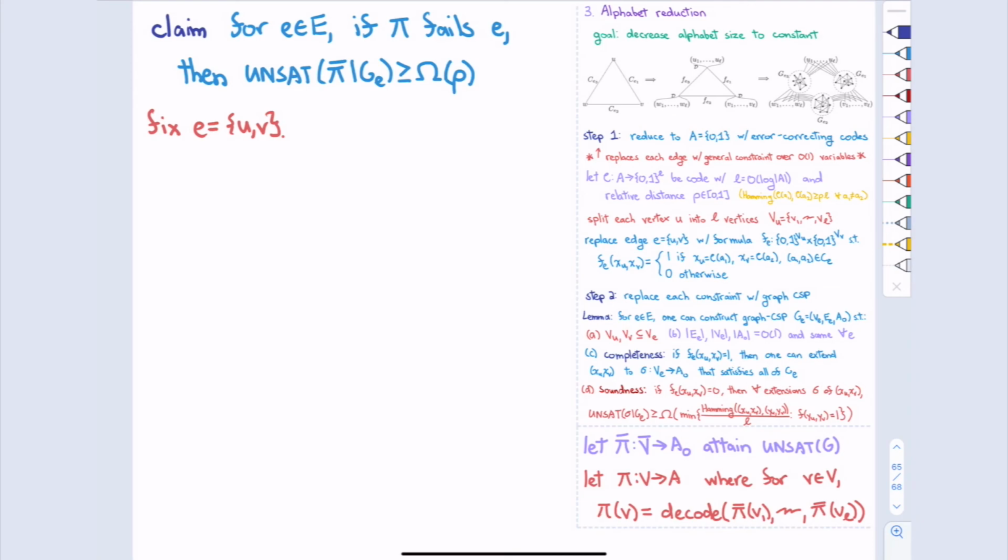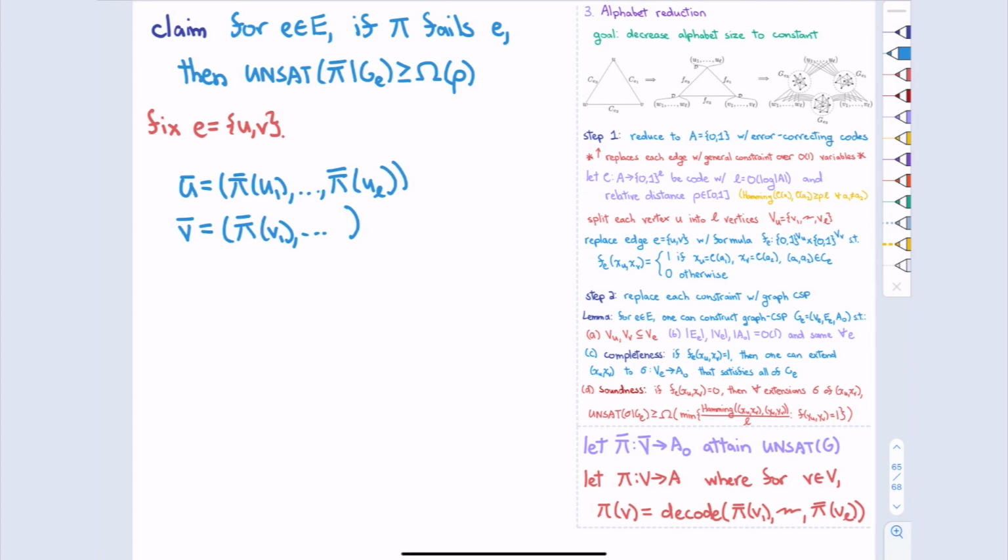Okay, so let's fix an edge E. I'm going to let U bar denote this whole bit string, and similarly for V bar.